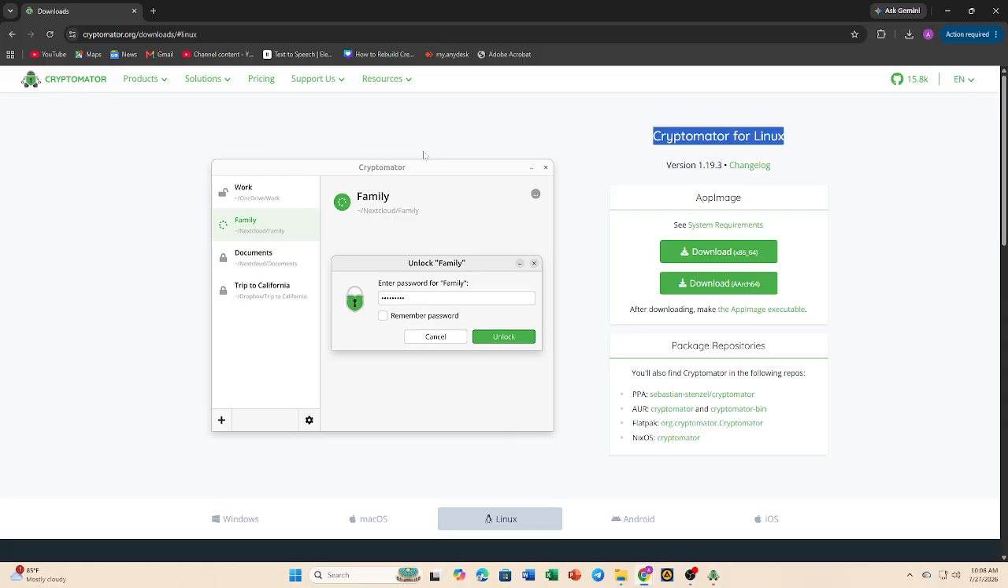And that's it. You now know how to install Cryptomator on Linux and start encrypting your files for secure cloud